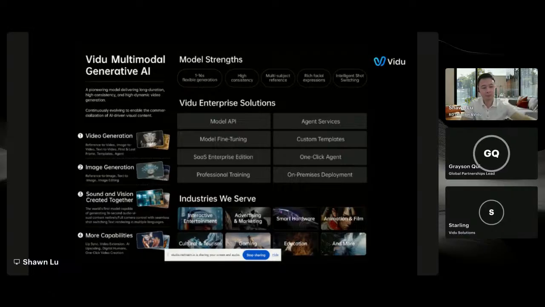One-click agents is something that Vidu came up with as an approach to facilitate one-click agent APIs, so that you guys don't have to figure out an agent to actually create a workflow. Do speak to us, or Sean, in fact, to figure out what you would like to find out, or what you would like to develop in terms of creating an agent workflow. With our experience at Vidu, we are more than happy to help you generate or create an agent that fits your media journey.